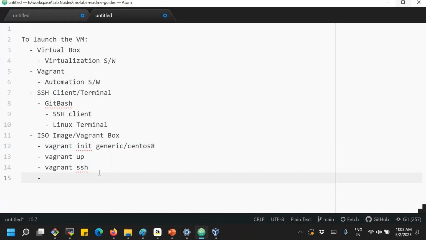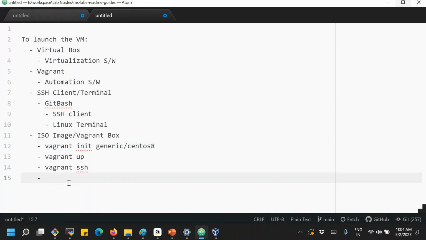The Vagrant commands are the same, whether it is an Ubuntu based system or a CentOS system. If you would like to launch an Ubuntu machine, you need to define the Ubuntu image. Only that is the difference. The Vagrant init command and Vagrant ssh command work for Ubuntu or CentOS, it doesn't matter.